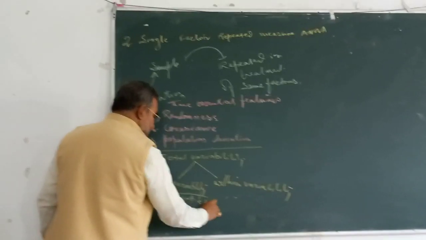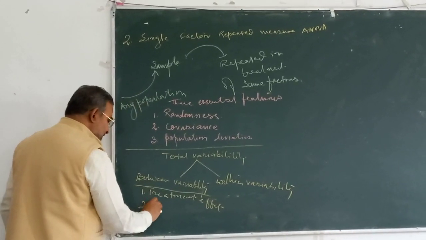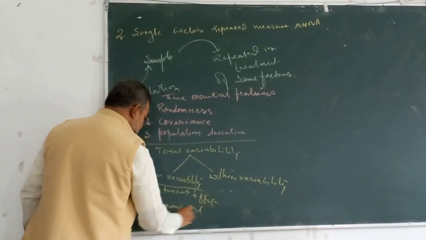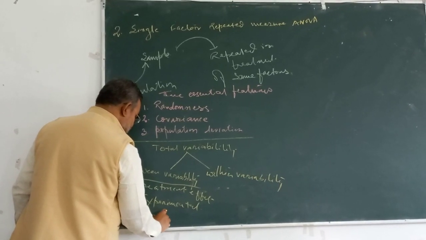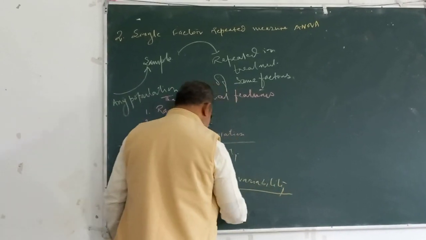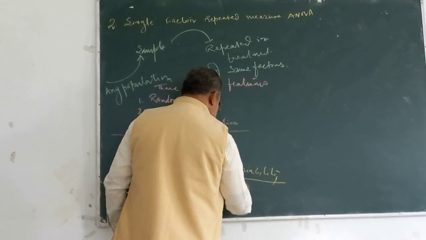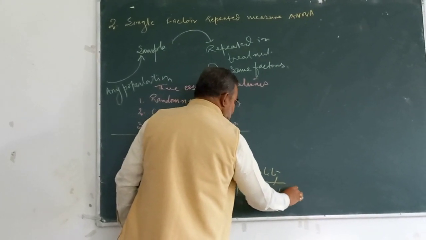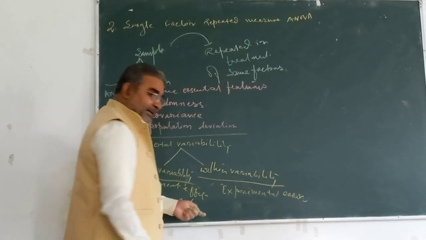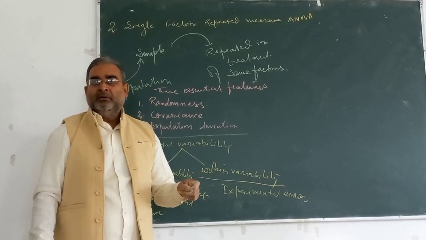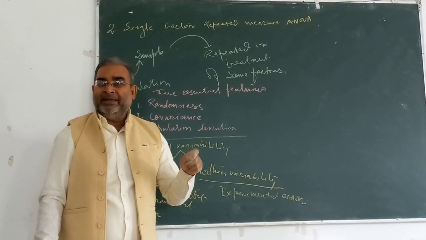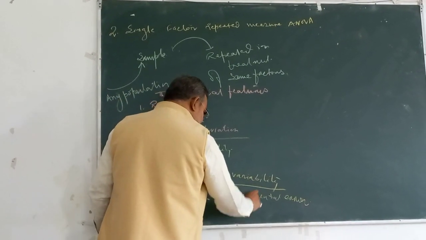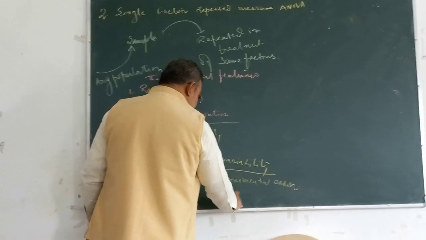treatment effect. Second, experimental error. And here within variability is the experimental error. And second one is the variability within subject. That means here the within variability is experimental error and